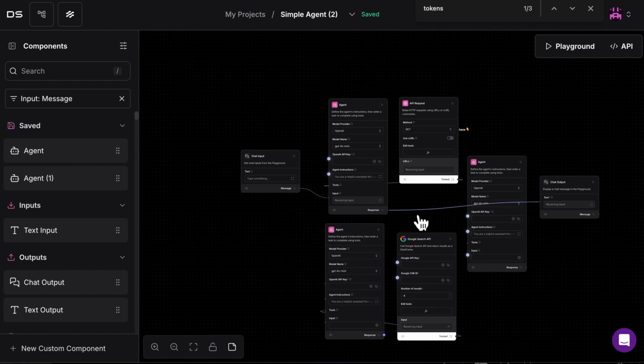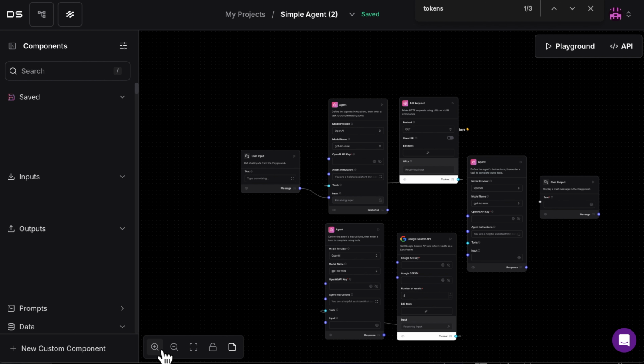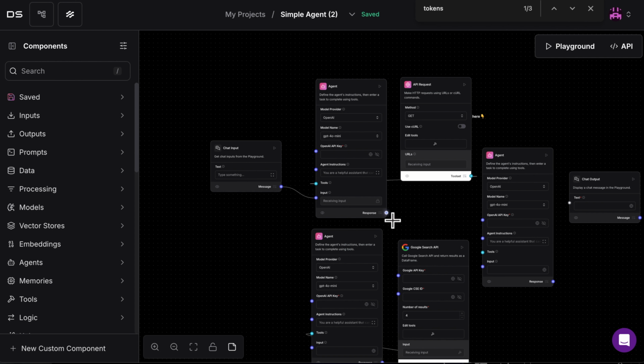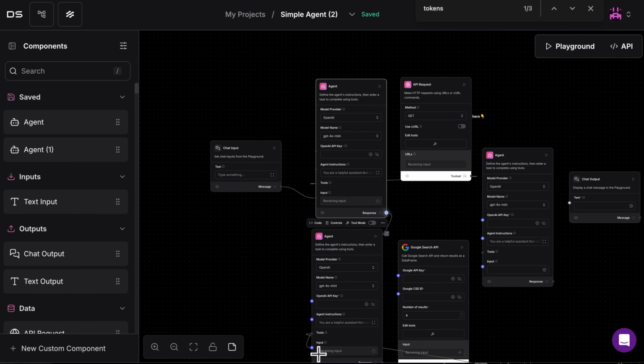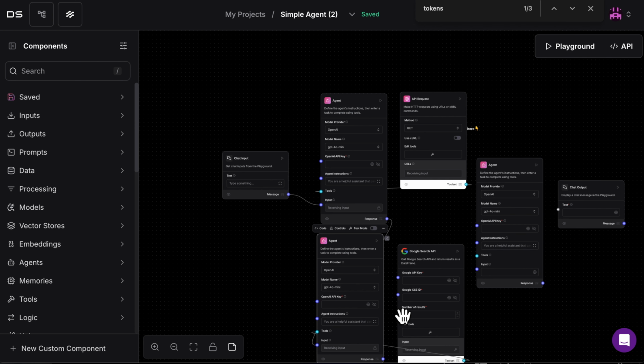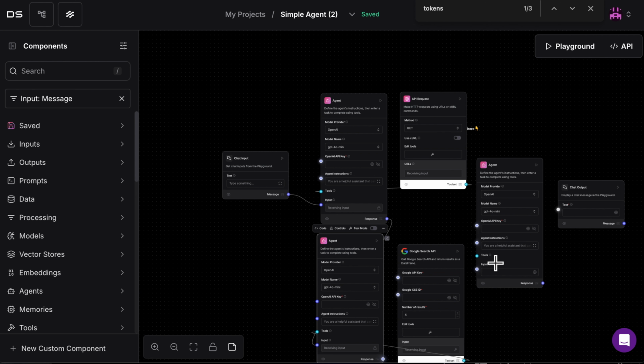We want to get rid of this one, and I'm going to zoom in. You get these little dots, and you can see all the things it can connect to. So this response is going to go to this input, and then I already have these linked up through the tool set and tools, and then I'm going to have this response go over to this input,